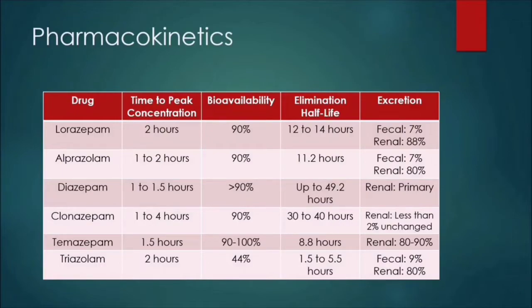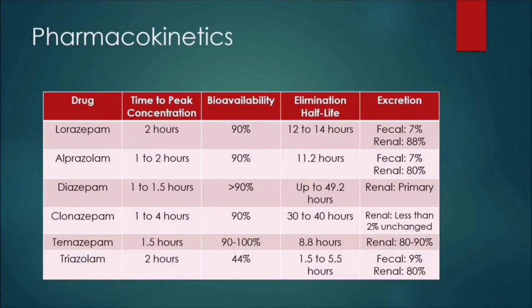In diazepam, the time to peak concentration is 1 to 1.5 hours, the bioavailability is more than 90%, the elimination half-life is up to 49.2 hours, and the excretion is renal. In clonazepam, the time to peak concentration is 1 to 4 hours, the bioavailability is 90%, the elimination half-life is 30 to 40 hours, and the excretion is renal, less than